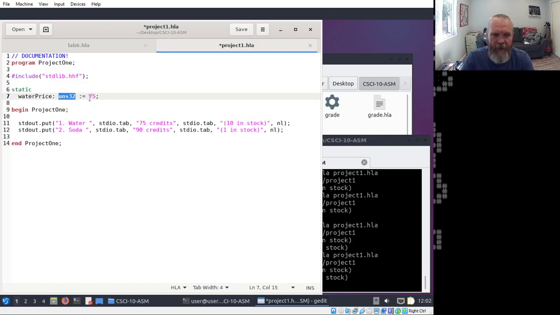Why do I need 32 bits for 75? Technically I don't, but it makes preventing overflow a lot easier. If they buy all 10 of my waters, that's 750 credits, and all of a sudden not even the price of water fits into 8 bits. That would fit into 16 bits, but I have a pretty good chance of avoiding overflow if I give myself big variables to do my math with.